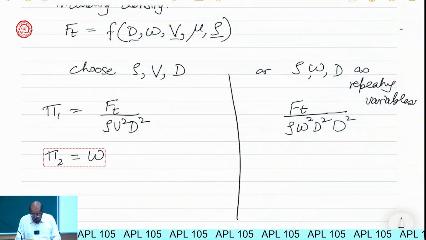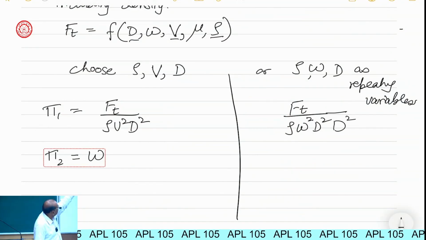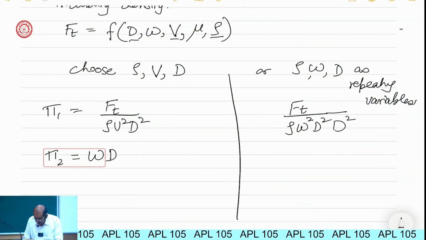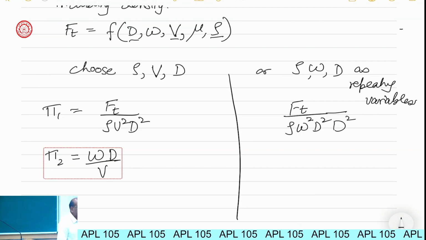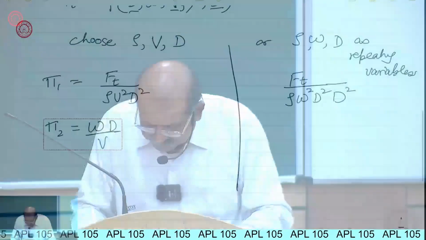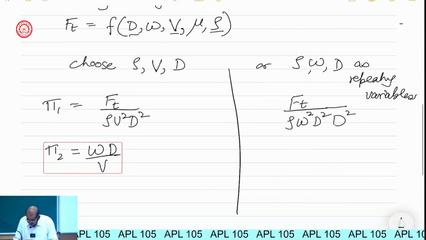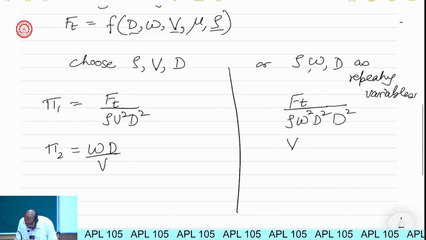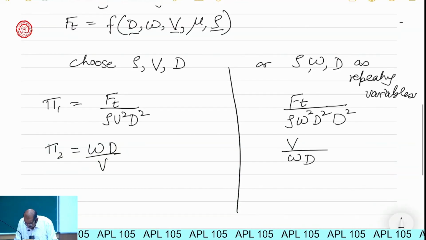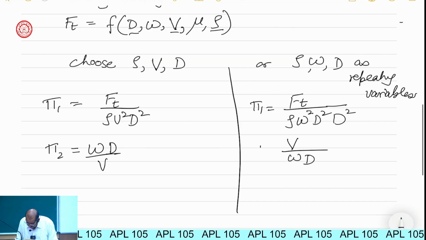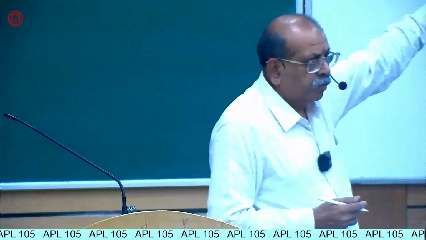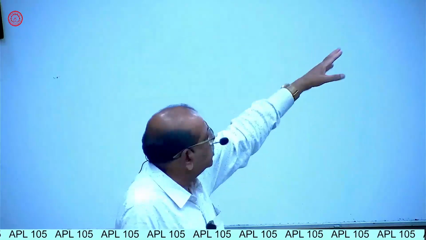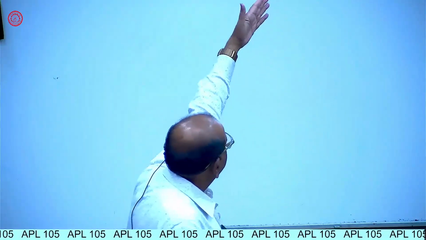So now here, if I'm using this set, it will be omega. I know omega d has dimensions of velocity. So omega d by v will be pi 2. If I'm using this set, then I will have v by omega d, because now v has to be non-dimensionalized in terms of omega. And the third variable